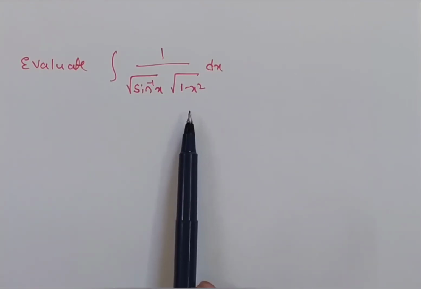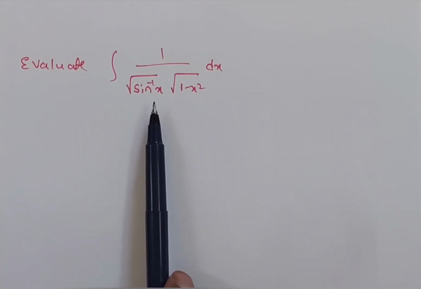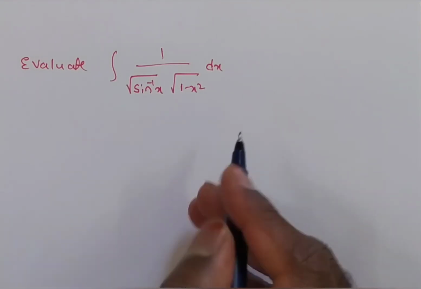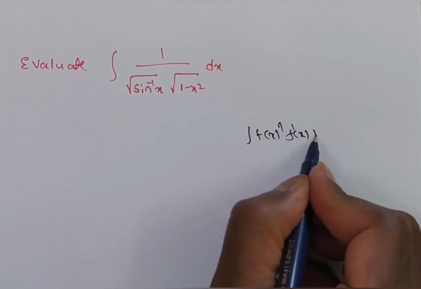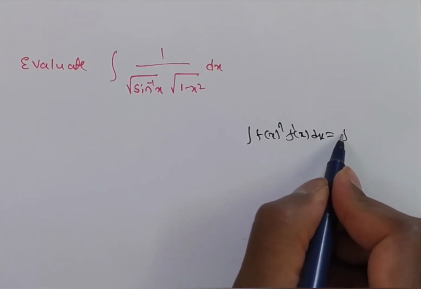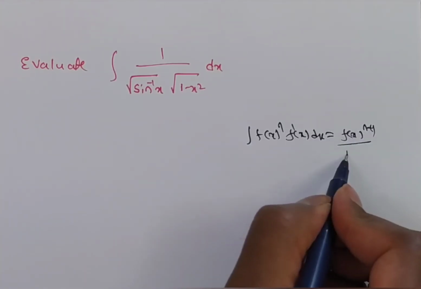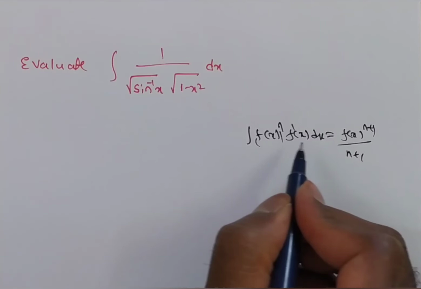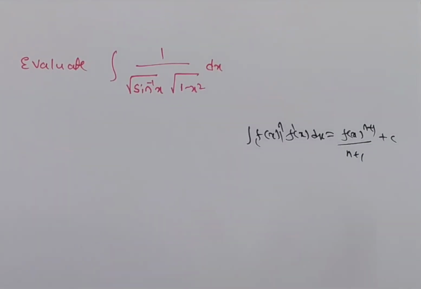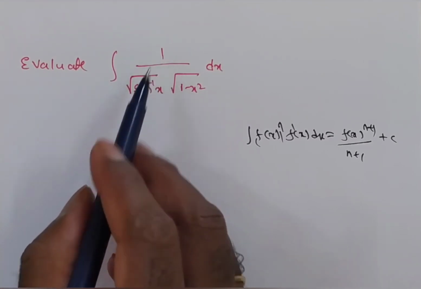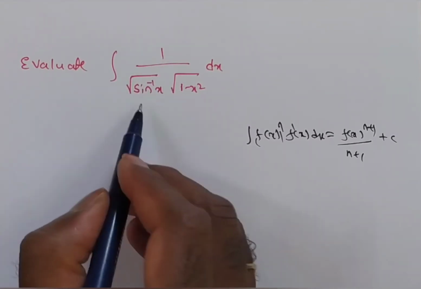Whenever a product of two functions is there, which rule do we have to go for? The integral of f of x to the power of n into f dash of x dx, then we can write f of x power n plus 1 by n plus 1, the bracket with the derivative beside it. Then we will write bracket power n plus 1 by n plus 1 plus c. But is it like that here? No, it is 1 by, but here the denominator contains a product.